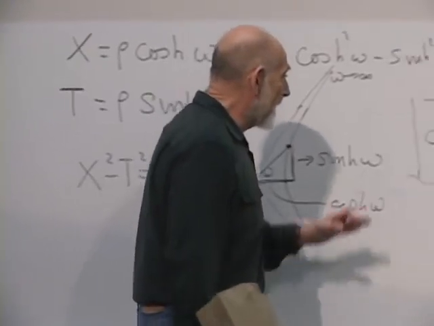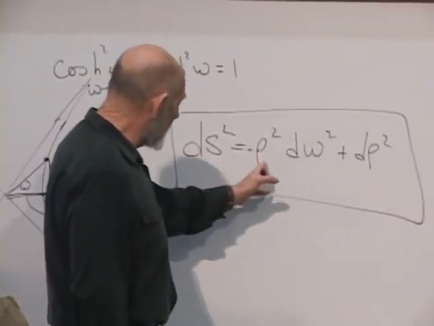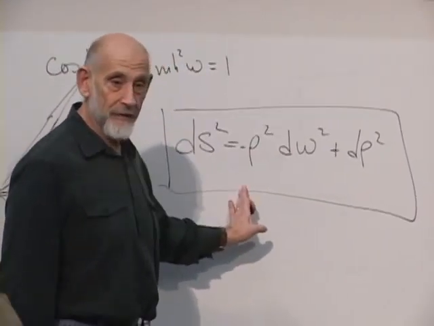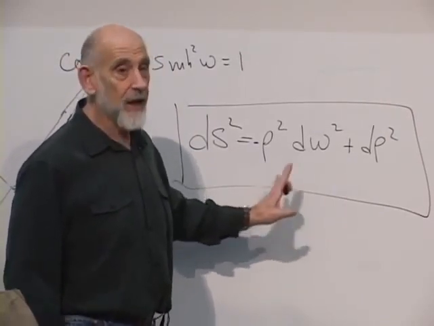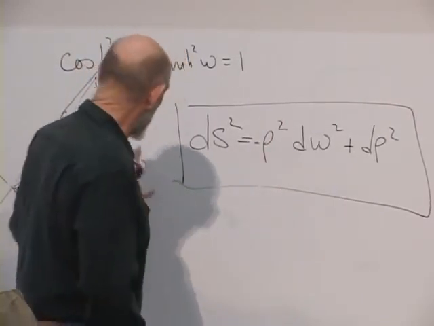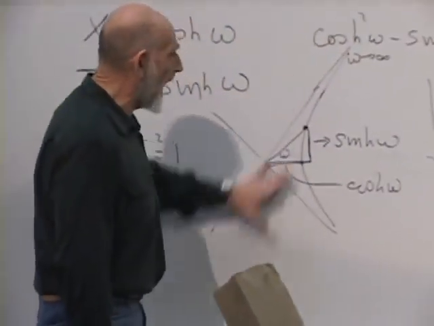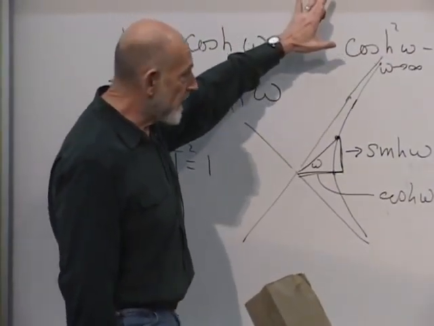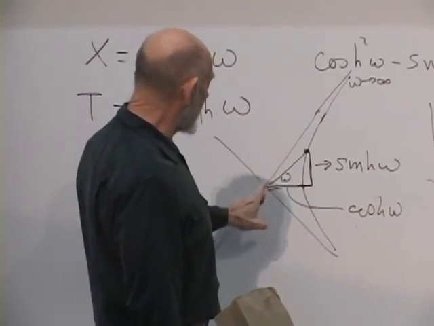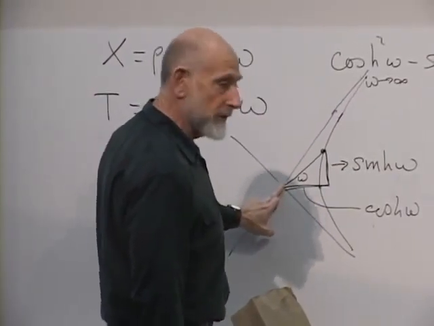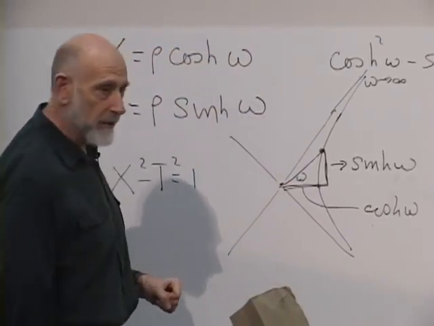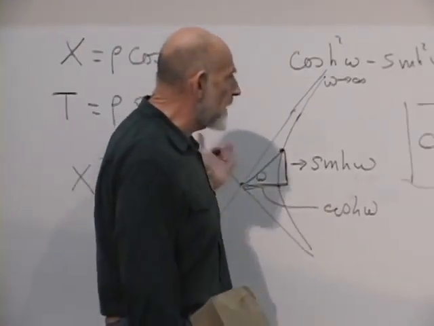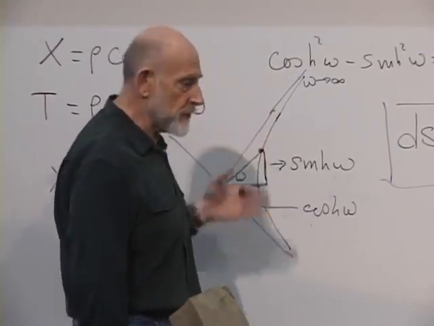Oh, let me just say it now. This metric, with this peculiar rho dependence here, what space is it? What spacetime is it? It's just flat Minkowski space with nothing special going on anywhere in it. It's just we've chosen to write it in polar coordinates where the coordinate system has something funny going on at the origin, but there's nothing funny physically going on there. It's just a coordinate